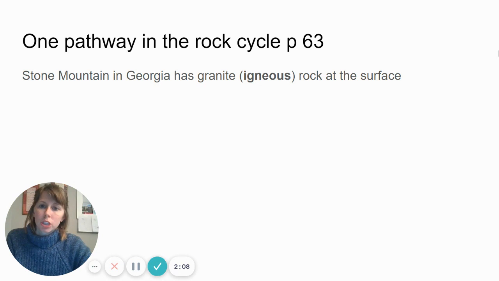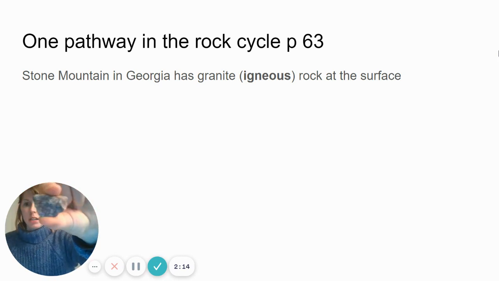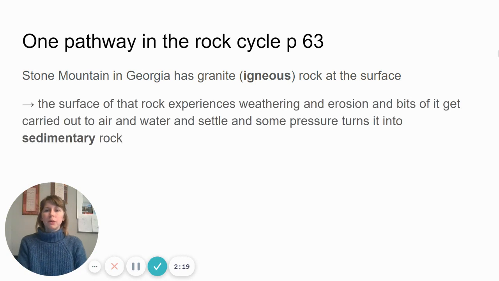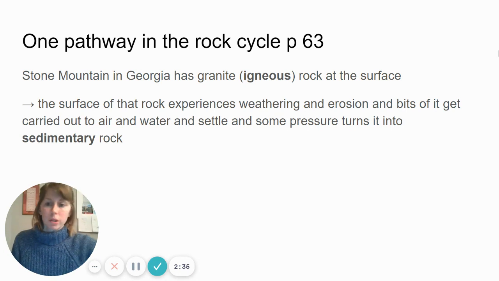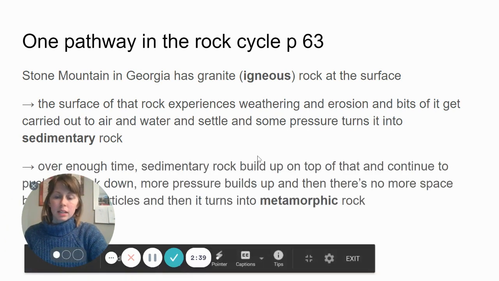Stone Mountain in Georgia has granite, which is a type of igneous rock at the surface. And so here is granite. Okay, it's an igneous rock at the surface. The surface of that rock experiences weathering and erosion, and bits of it get carried out into the air and water and settle, and some pressure turns it into sedimentary rock. So this isn't necessarily it, but maybe it's going to turn into breccia, okay, with enough erosion and change to it. But over enough time, that sedimentary rock,